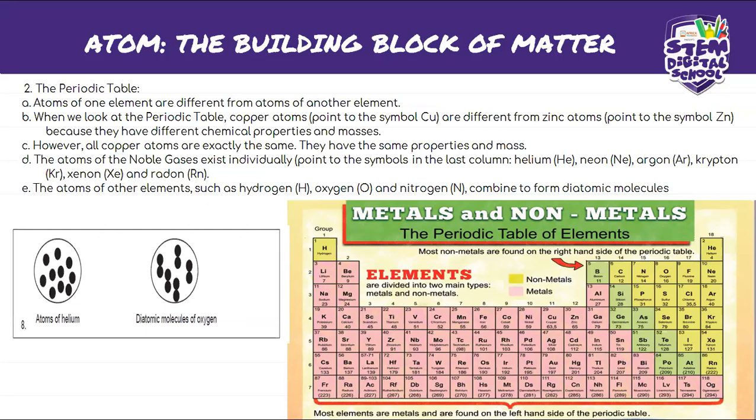And then we said these ones are found on the right-hand side of the periodic table. As we can see there, starting from helium up until radon, they are all made up of the noble gases, or the inert gases. Then we said the atoms of other elements such as hydrogen, oxygen, and nitrogen cannot combine to form diatomic